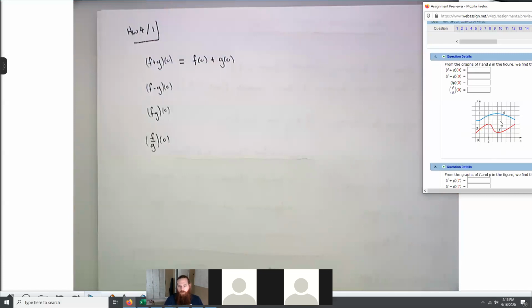Can anybody looking at this graph tell me what f of 0 is? Don't leave me hanging. For which one, f or g? F. Yeah, what is f of 0? 2. Yeah, right? So you look along, you find the point on the graph whose x value is 0, and that y value is f of 0. So f of 0 is 2,